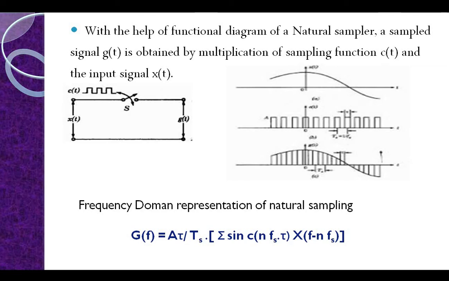Flat top. Remember this one, this is the carrier signal and this is the message signal. We are multiplying both by using this switching circuitry. When both are multiplied, you will be getting this train, correct? Whenever this message signal changes its amplitude, the carrier signal will also change its amplitude. It won't be constant, but the carrier signal's amplitude should be constant. It should not change according to this one. So whenever you change the amplitude of your message signal, this is also going to change. This is a drawback.